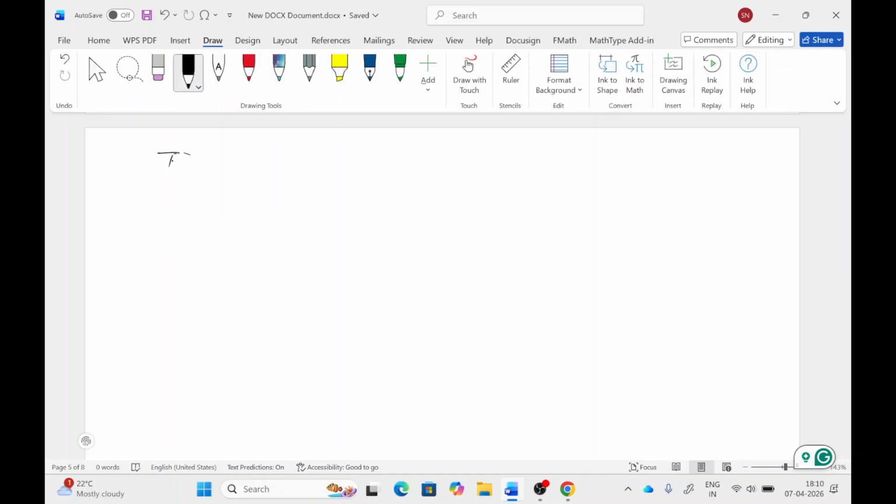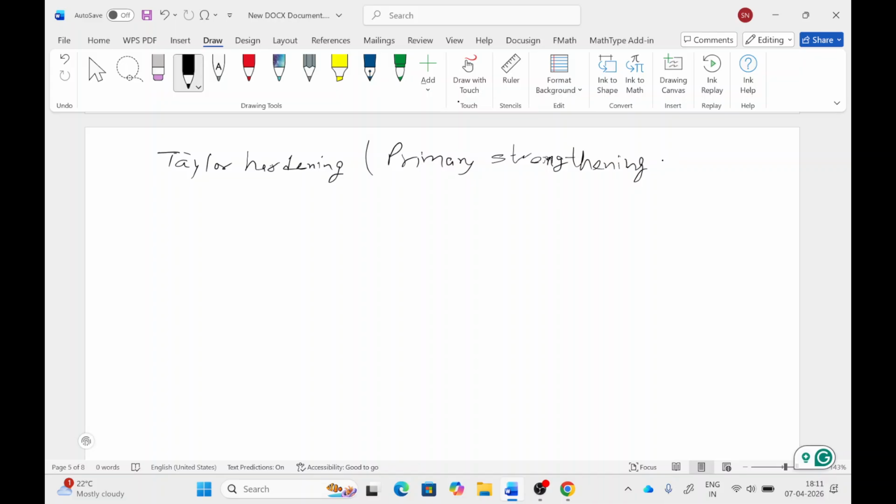Taylor hardening is the primary strengthening mechanism, which results in other strengthening mechanisms like dislocation, dispersion, and others. So according to Taylor hardening,